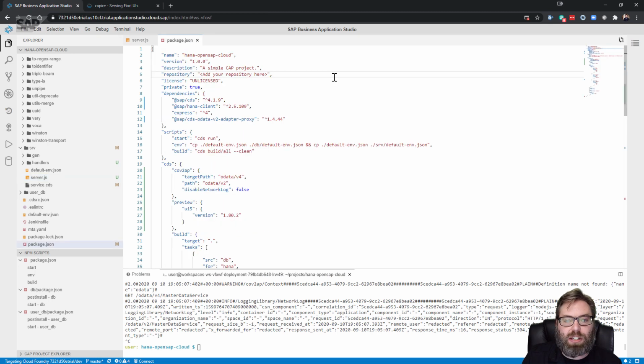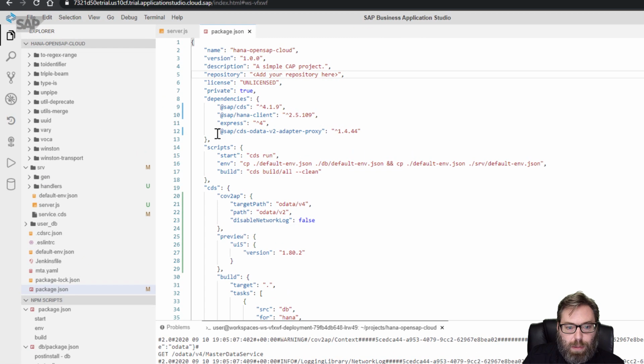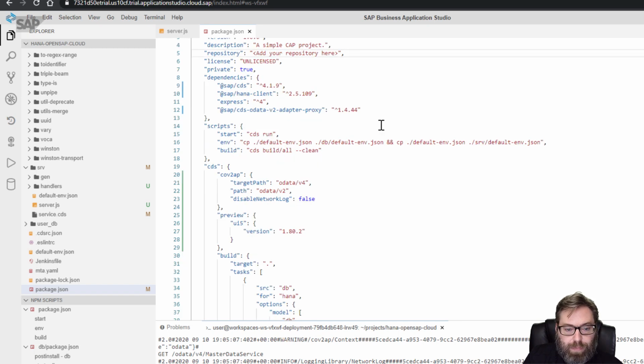So let's come over here and let's see what we've done. First of all, I have added that additional module, SAP CDS OData V2 adapter proxy, in the root package JSON to the dependencies. And then I did an npm install so that we get the files for that module pulled in. That's pretty standard, nothing too fancy going on there. But in order to configure this, we added another section to our CDS configuration in the package JSON, this